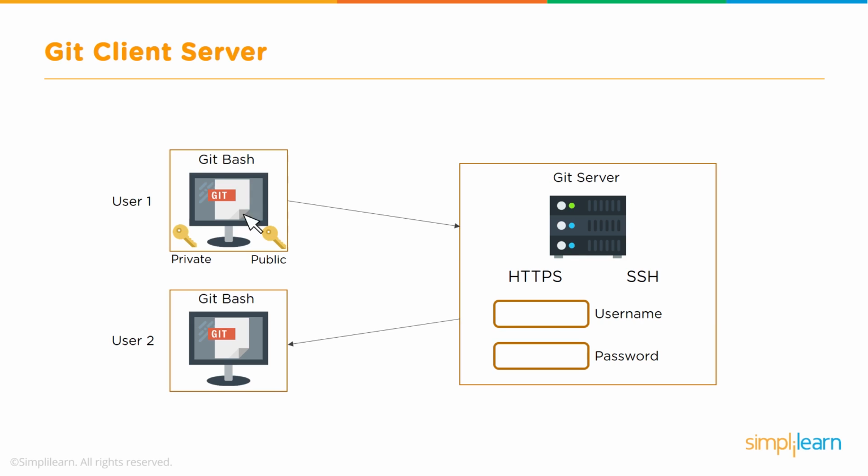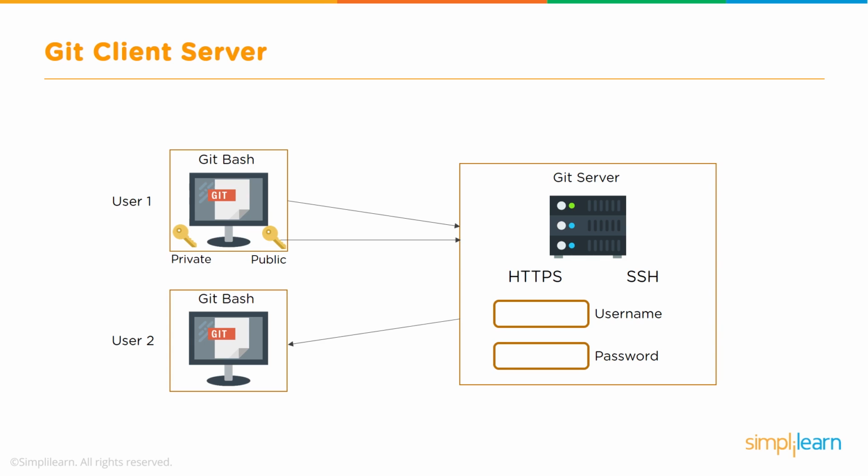A bunch of keys, public and private, are created on the client machine. While I create the keys, I will be asked for a passphrase. I need to type in a passphrase and remember it. And then I take this public key and post it onto my account within my Git server, so